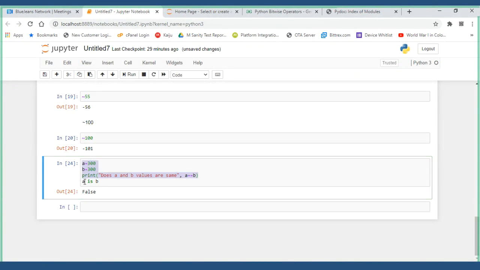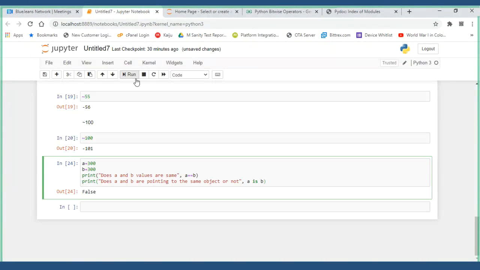Now here, print: are A and B pointing to the same object or not? A is B.